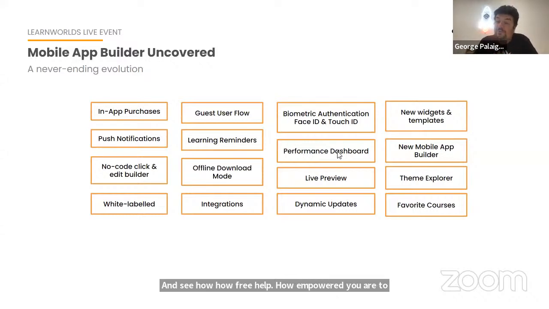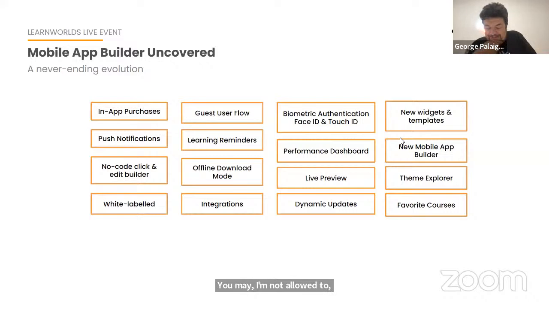We have the feature that enables people to favorite some courses, and I think we can reveal that before the end of this year, we are going to bring also a social component inside the mobile app. And we are bringing an even bigger surprise, which I'm not allowed to reveal right now, in the beginning of 2024, which will change, we think, dramatically the way that you are creating courses and delivering courses and the way learners can consume your content.